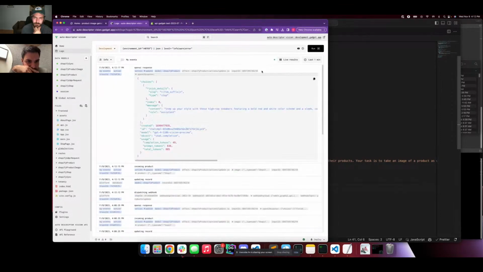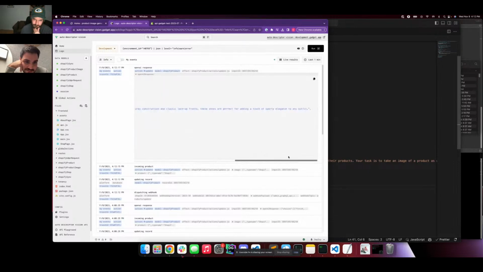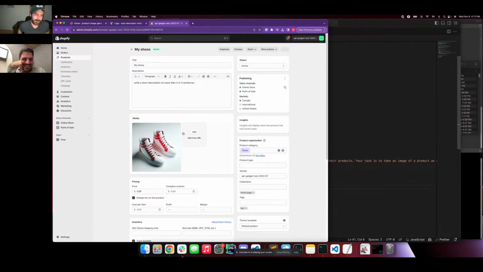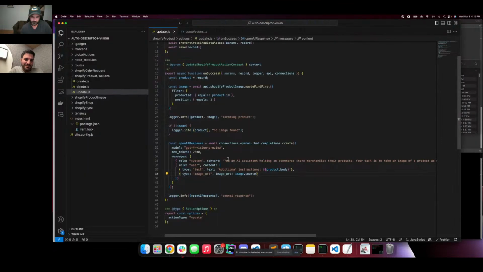All right, here's our OpenAI response. It says, step up your style with these high-top sneakers featuring a bold red and white. All right. What does it look like in the store? Okay, so we've got to write it back. Oh, I see. Yeah, I'm just logging it right now. So the other thing we have to do, yes, okay,